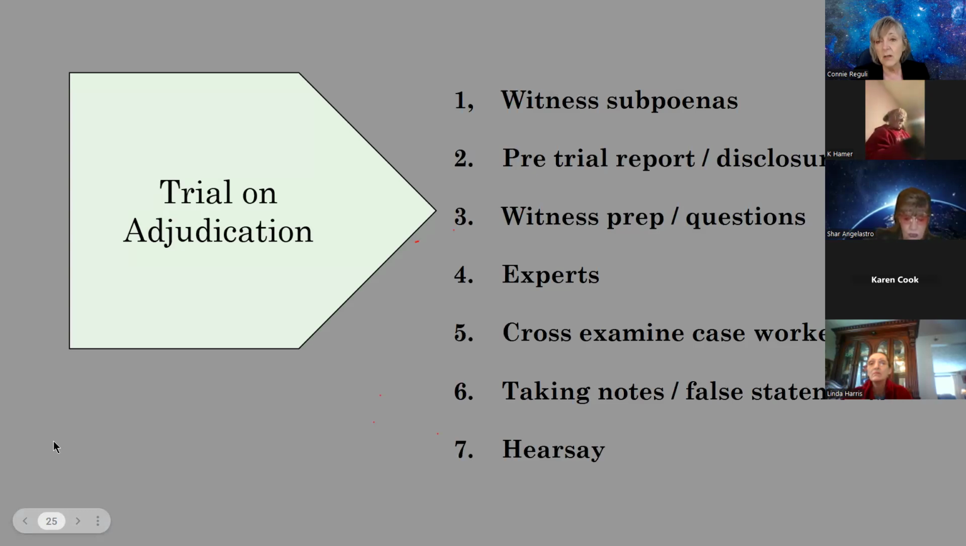Okay, so the trial on adjudication, witnesses have to be subpoenaed. You have to do a pretrial report and disclosure. Witnesses have to be prepared. There has to be a determination whether or not there's an expert needed. You've got to be prepared to cross-examine caseworkers, and the parent has to be taking notes, particularly about false statements,